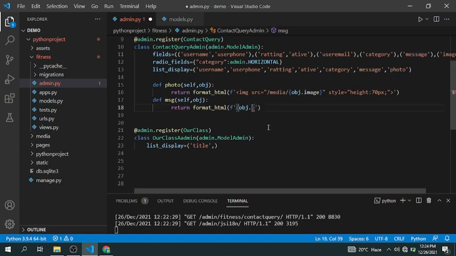So we got the message here, and now we define how many characters we want. So here you define the character, like this, and you have to define only 10 characters. After this we have to add one span